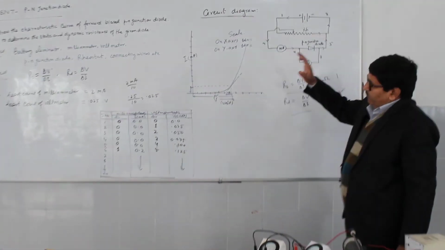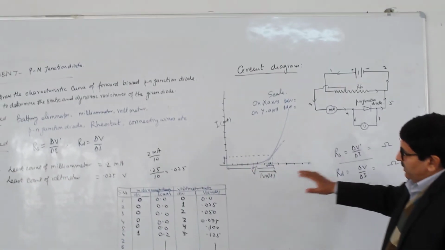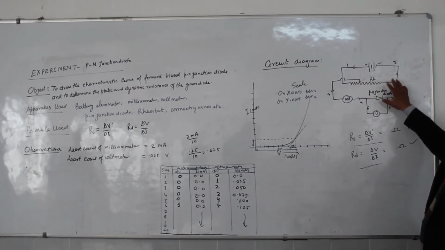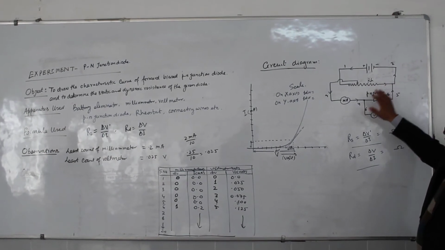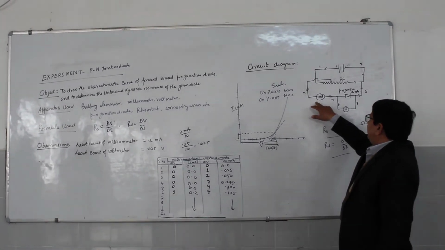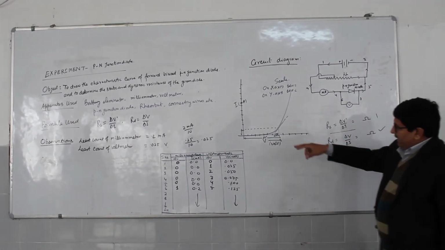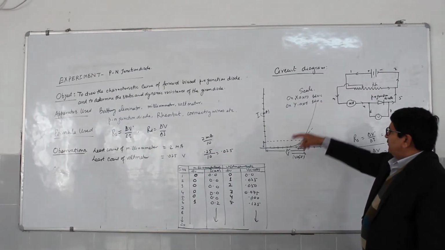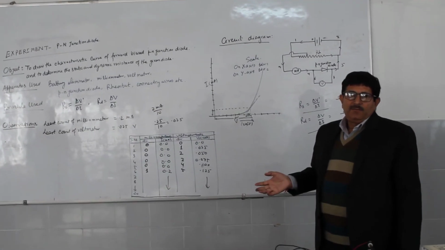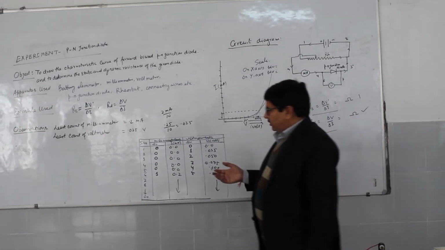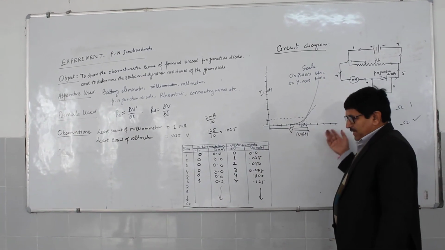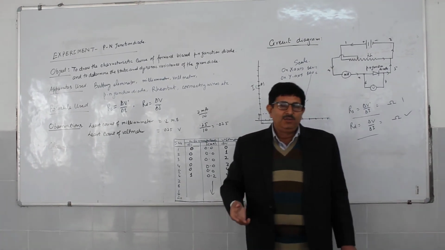This is the complete working which you have to perform in the laboratory, and according to this you can understand the circuit. It is a potential divider. For each division variation of the voltmeter, you have to record the milliammeter reading. That will give you a graphical presentation of a non-ohmic graph, and you will prove that the diode is non-ohmic. You can see previous year students' records for comparison, and for your practice you can plot these graphs, and as and when you have time, perform it in the laboratory.